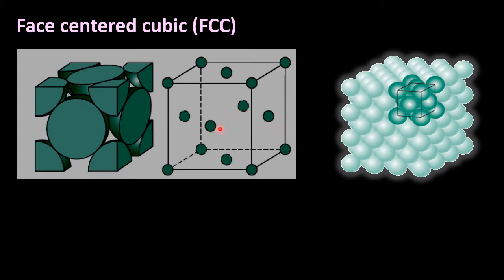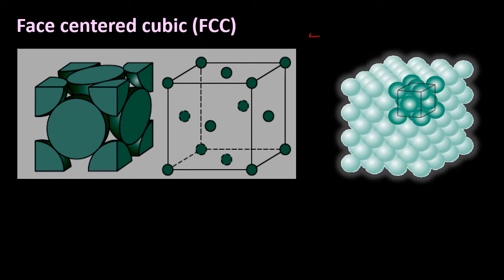So each atom at the different faces is shared among 2 unit cells and contributes half of its part to this unit cell. So we can say that one atom in this unit cell will come from the corner atoms, as each corner atom contributes its 1/8 part, and there are 8 corner atoms,